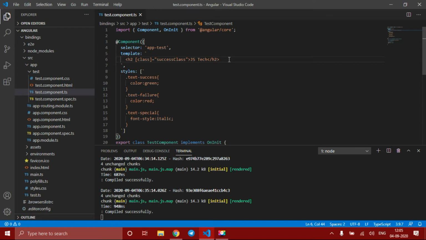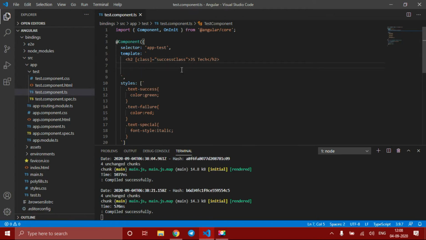Next, I have a case where I want to give a boolean value. Based on that boolean value, either true or false, my class should be applied to my text. I will repeat the question: based on a boolean value, either true or false, my text should apply a class.